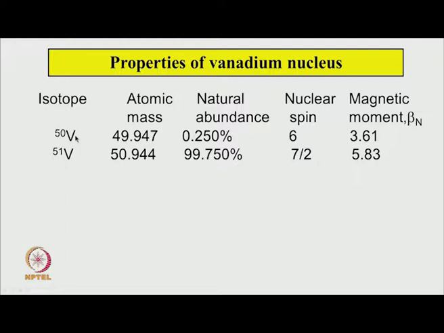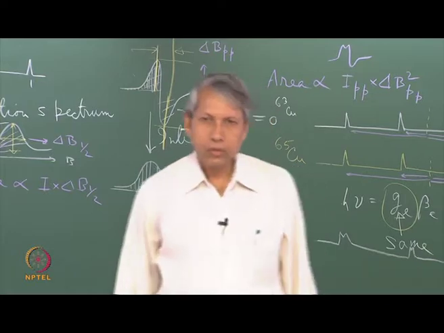See, the vanadilyl complex has the nucleus vanadium, which has two isotopes, 50V and 51V. The natural abundance is only 0.25% for 50V and 99.75% for 51V. So, we can assume that 50V is absent, and the spectrum that we see here comes from this isotope, whose nuclear spin is 7/2. So, 7/2 means how many lines will I get? From all the discussion that we have seen, it will give 8 lines of equal intensity